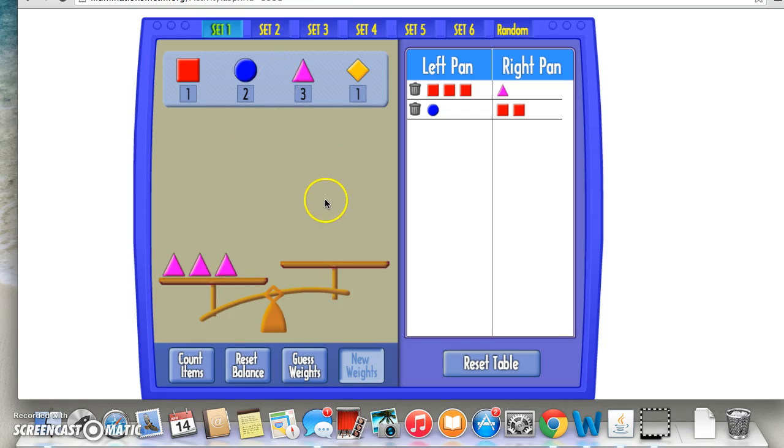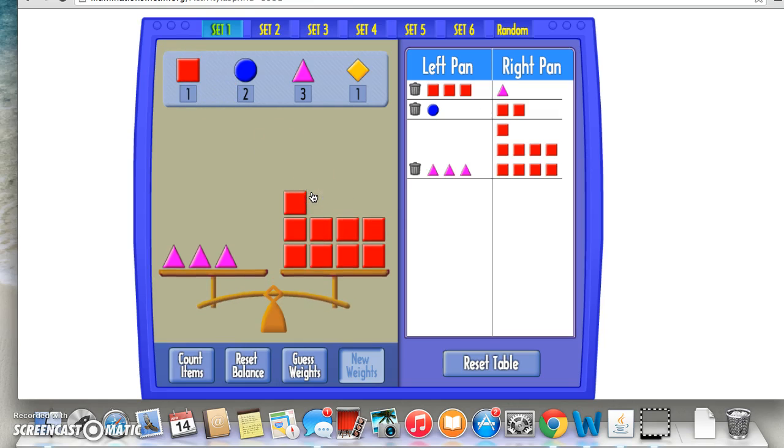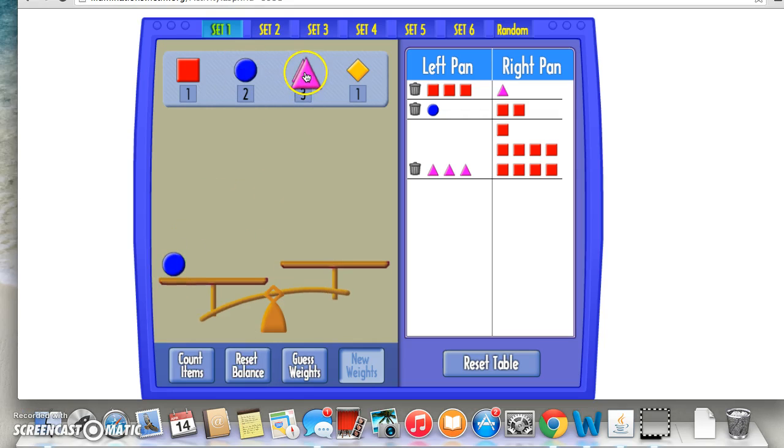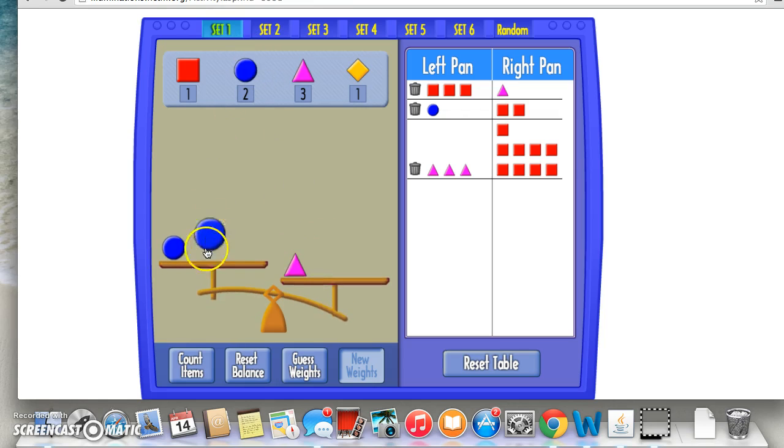And then you can have them write out the equation on their piece of paper or on a worksheet, and have them do the math, and then they can add how many squares they think, which in this case would be 9, and then it's balanced. Do this by resetting the balance and just having the kids make a bunch of different equations